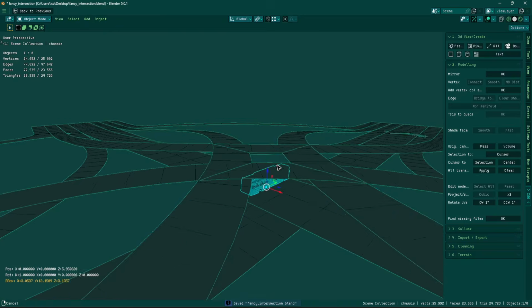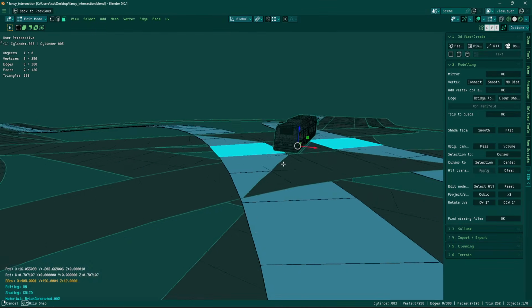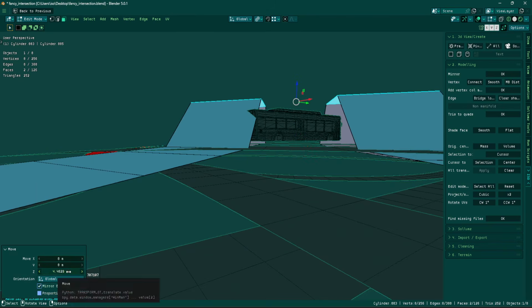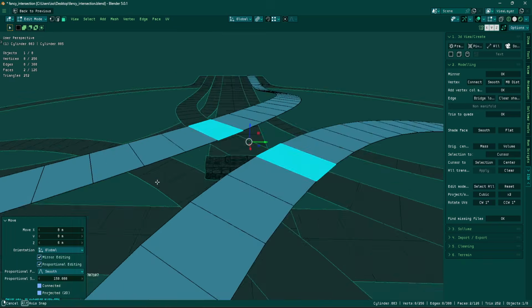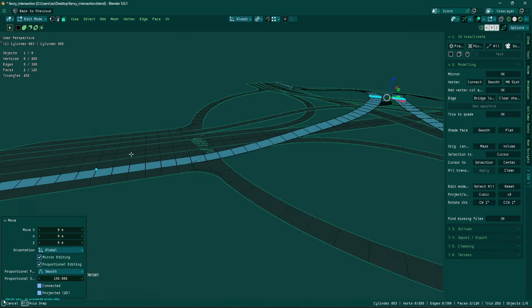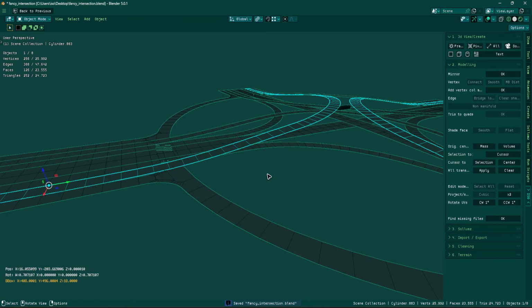Save. Let's move the bus up, and then reselect the mesh with those two faces and move it 6 meters proportionally. I think we can increase this one a bit more, maybe 170. Like that, maybe even more. 190. And